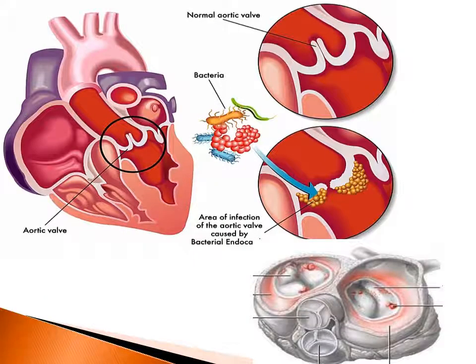major organs. The picture here is showing you the heart as well as the aortic valve, and how it affects the valve. Not just the aortic valve, but how it affects the valve. With this kind of infection in the inner lining, you can see how the germs are affecting the valves, and due to this, they become very thickened and the valves are also not going to be functioning effectively. This is called bacterial endocarditis, and in a cross section you can see how it looks. So all these are the ways that bacterial infection or any sort of microorganisms can affect the heart linings or the chambers.